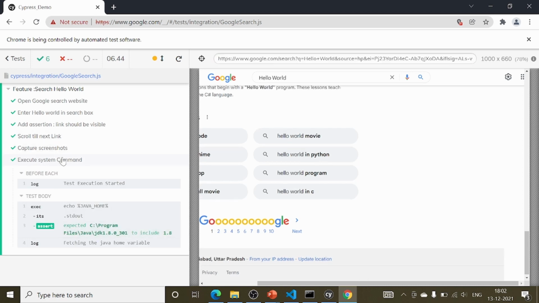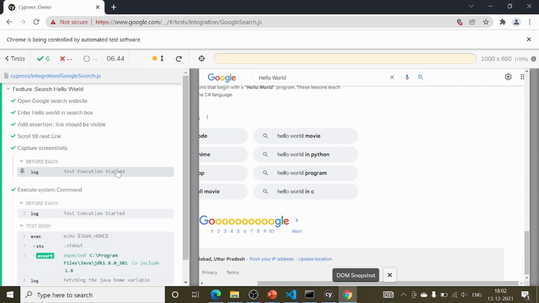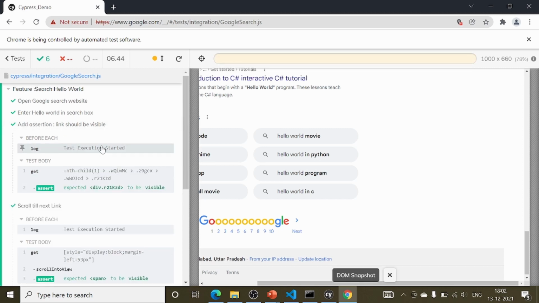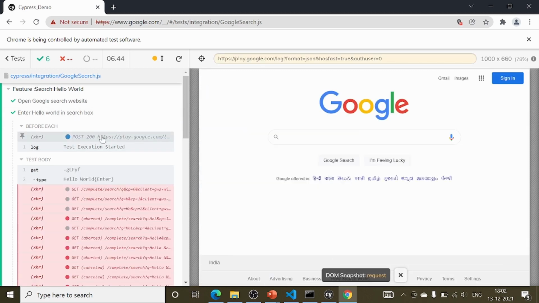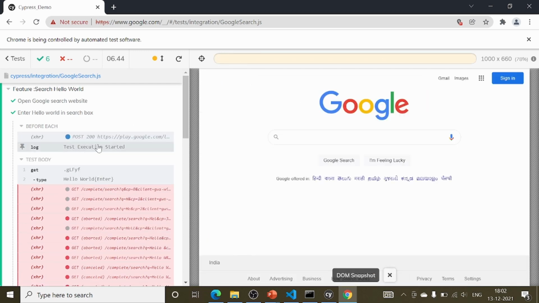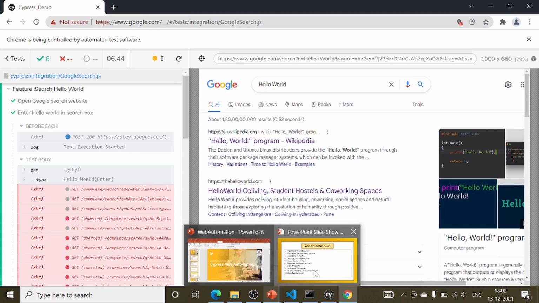So now the execution is completed and you can see the log command test execution started is executed before each test. So that's how we can add logs before each test.